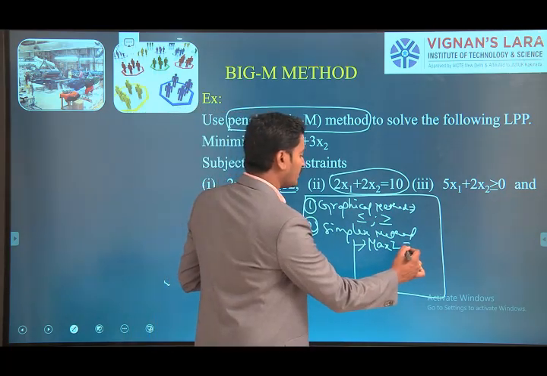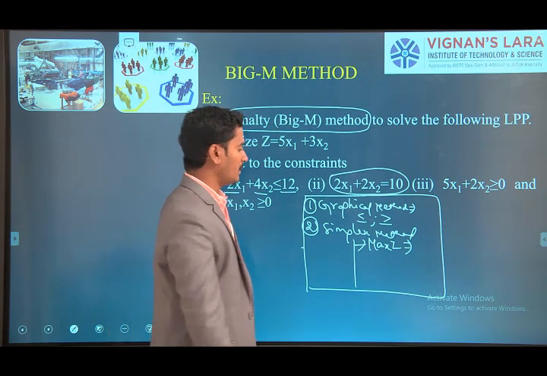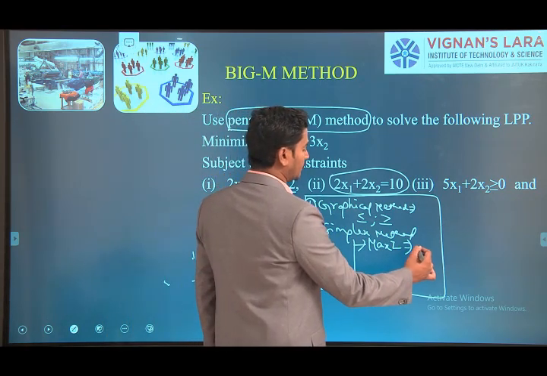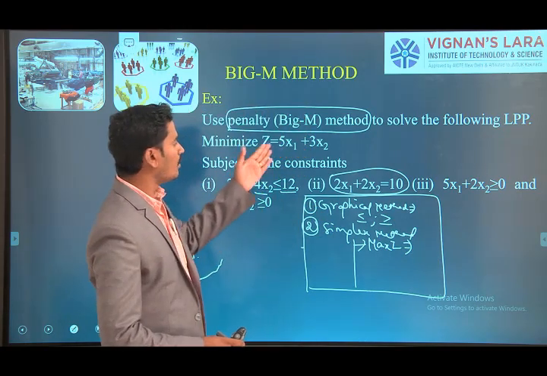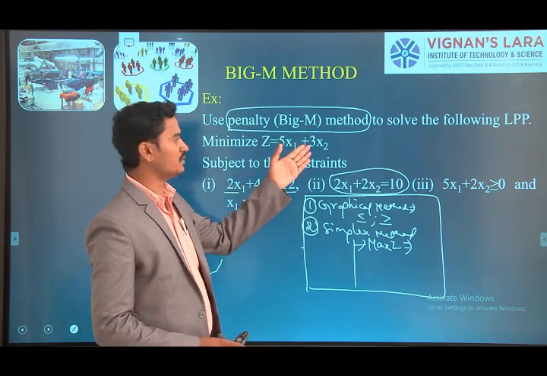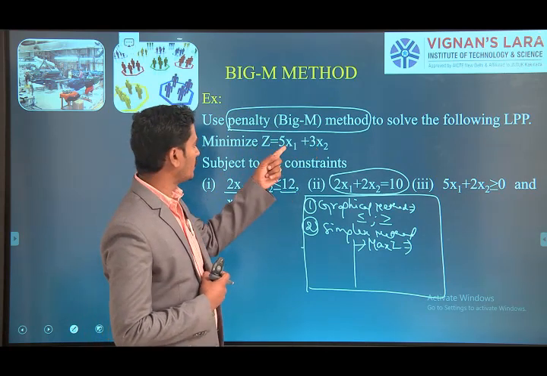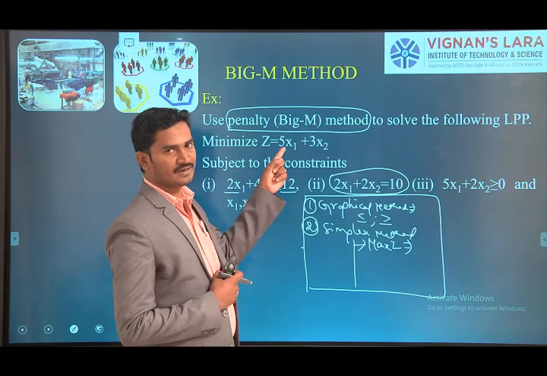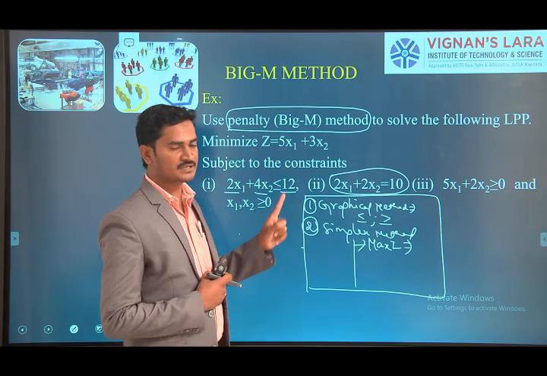So we can convert that objective function from minimization type by applying -1. When we apply -1 to this objective function, all constraints must be positive. Otherwise, all variables must be positive. Otherwise, it is not suitable. So here we have a positive value. When we convert this minimization to maximization, it is not possible.